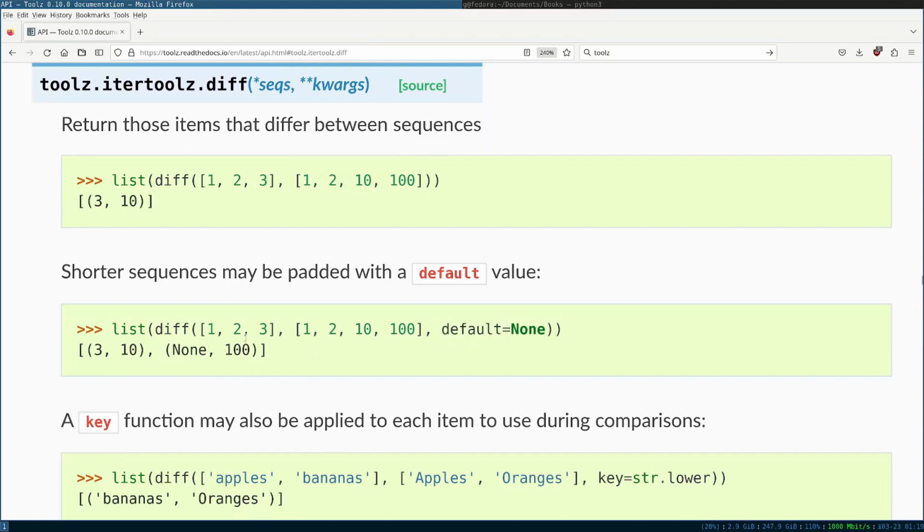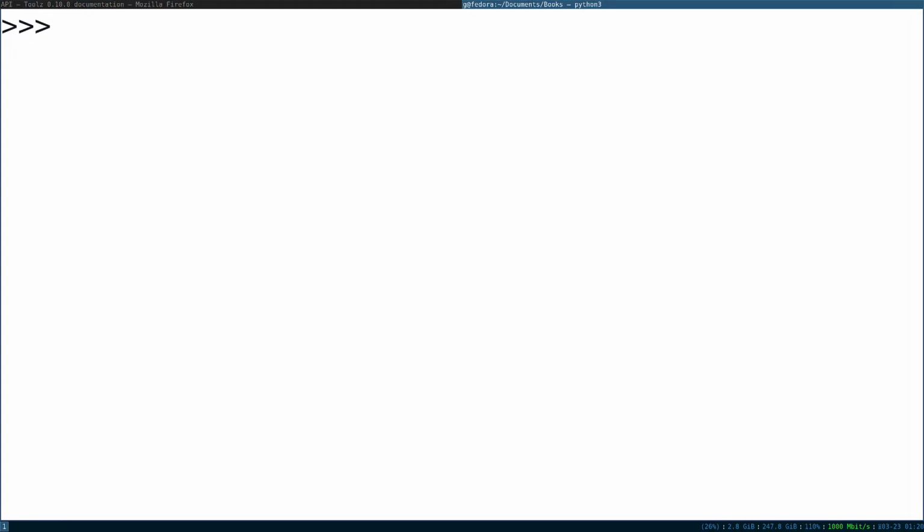So as you can see here, we get 100 getting returned, and I guess what happens is the shorter list is getting padded with this default value. Anyways, let's try it and see what we get. Okay, so let's see how this works. I'm going to say diff, and you pass into this diff function two sequences. I guess you can pass in more if you want, but basically I'm going to pass in, let's say, ABC, then ABC again,